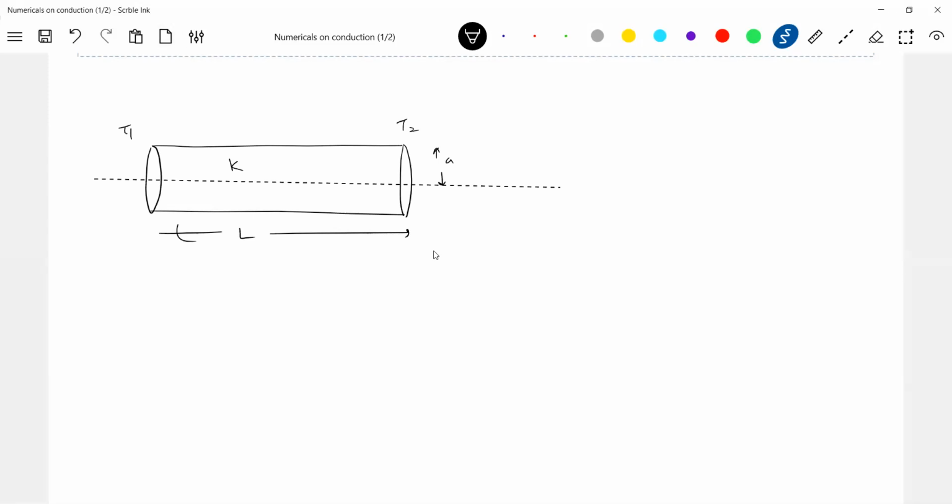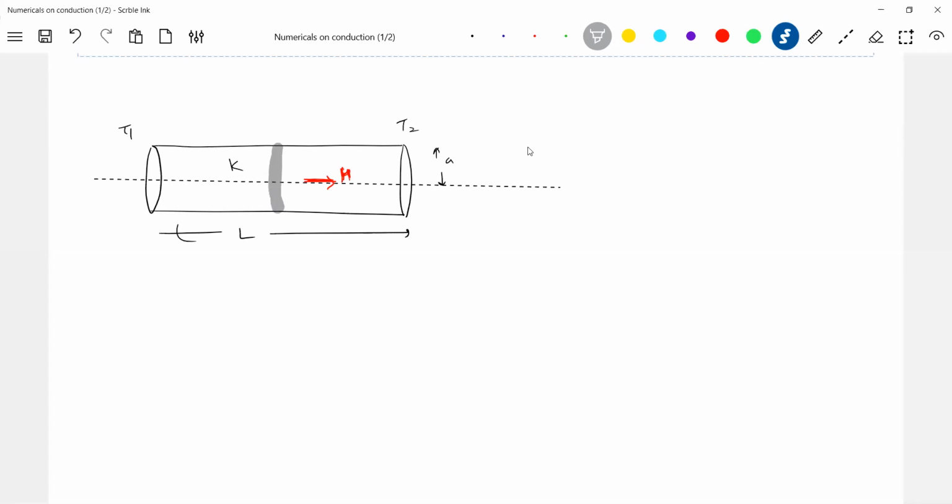So what will be the thermal resistance of this particular rod? What is the formula? The heat current, how will it flow? It will flow along the axis. So what is the direction of heat current? The direction of heat current will be in this direction. Then perpendicular to the direction of flow of heat current, you should assume an elemental surface.